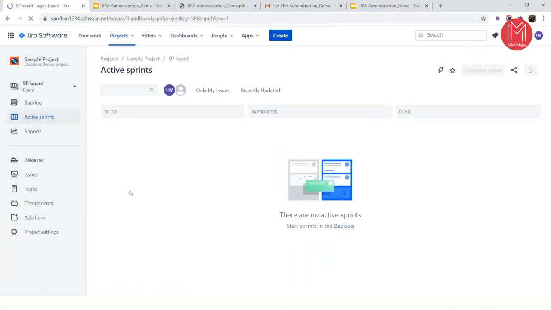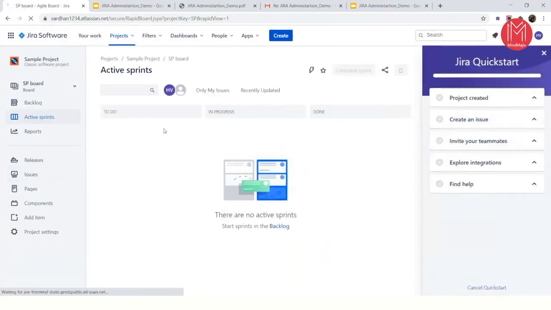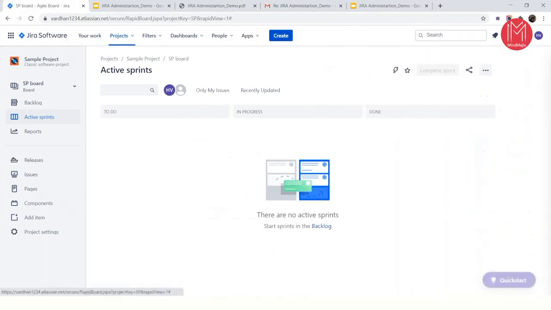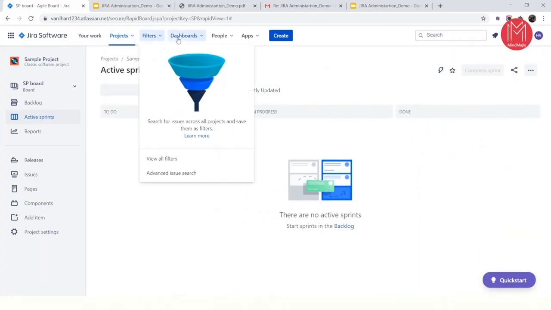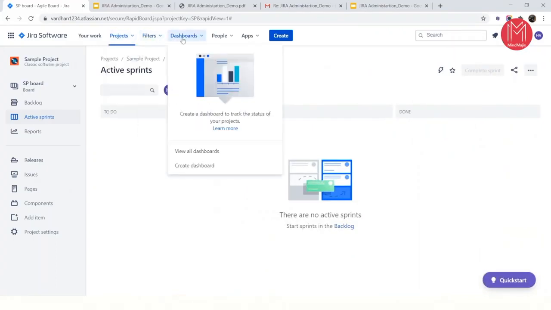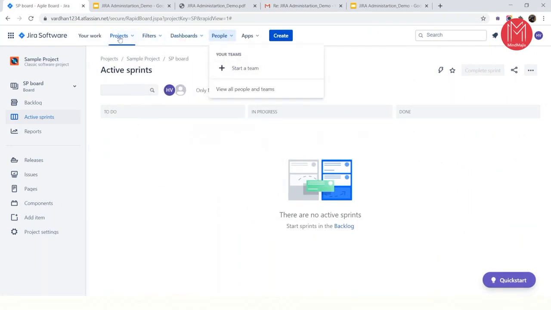So you're able to clearly see the interface looks typically simple interface for Jira. It is user friendly. You can see the number of projects that you're handling here, the filters or dashboard that include the day-to-day data that you want to see, people, if you want to create a team or something, and you have the releases option